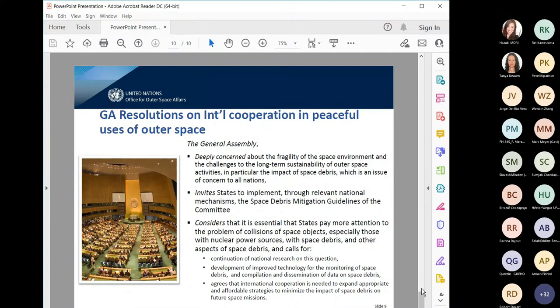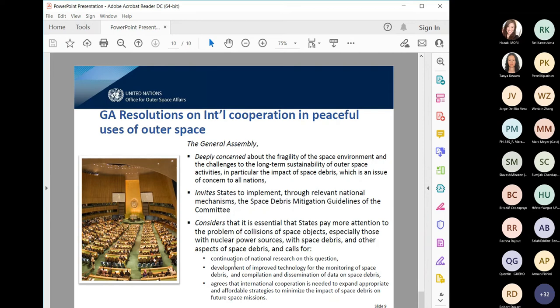Here you would see the language in which the General Assembly expresses its deep concern about the fragility of space environment, and in particular the impact of space debris. The General Assembly invites states to implement the space debris mitigation guidelines of the committee and considers that it's essential that states pay more attention to the problem of collision with space objects, and that states continue research on this